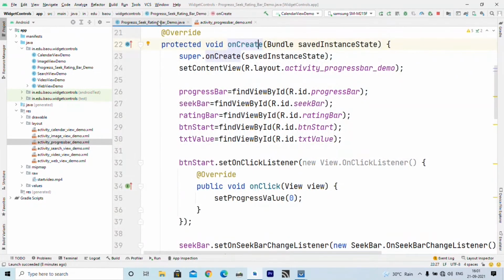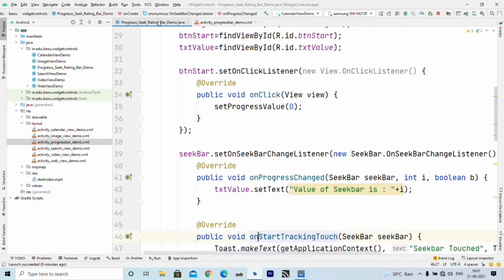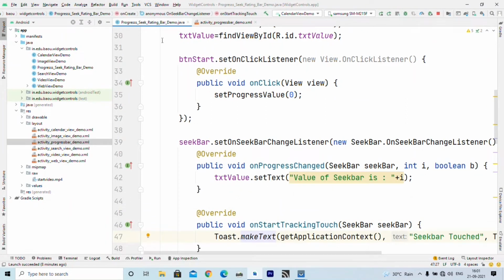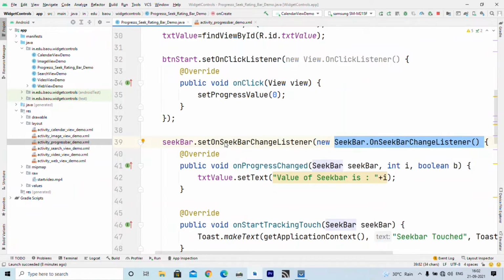So here I write down seekBar.setOnSeekBarChangeListener. That means whenever the seek bar is changed, this callback is called. Now inside that it defines an OnSeekBarChangeListener, which actually has 3 methods.